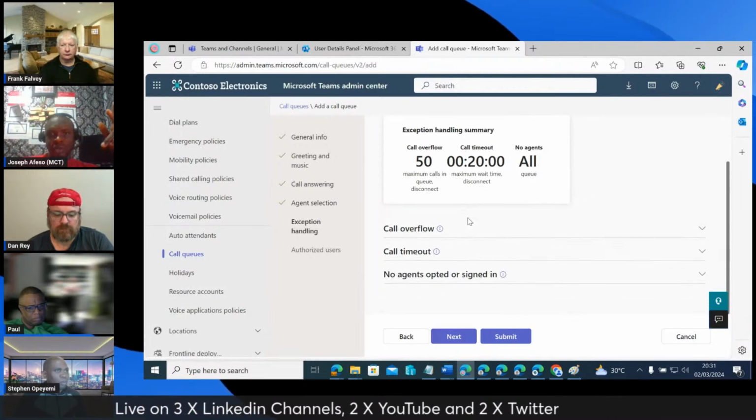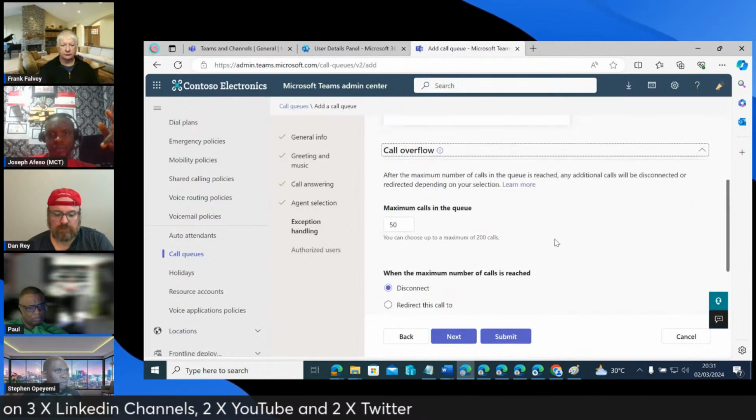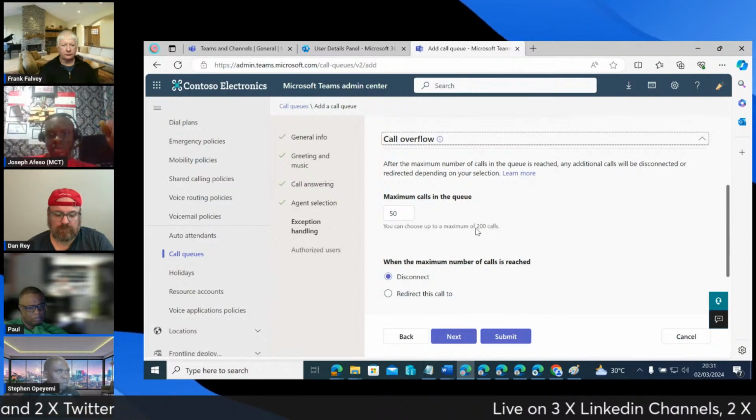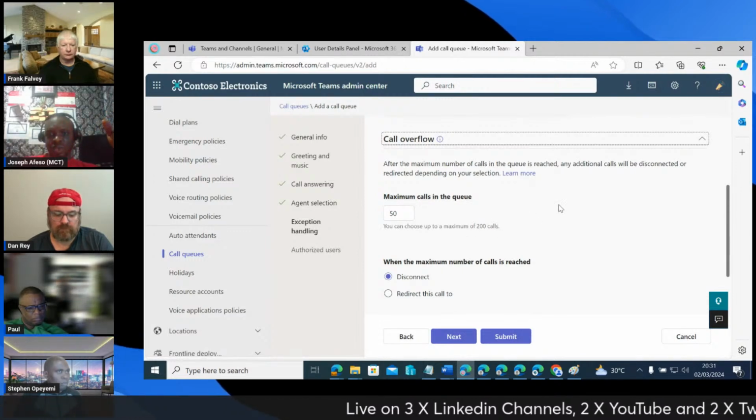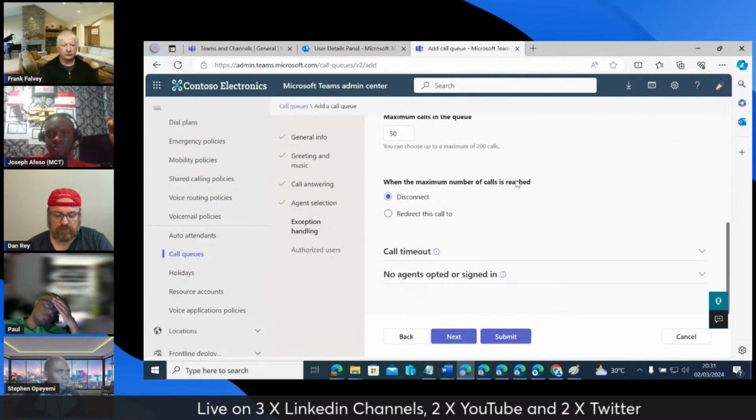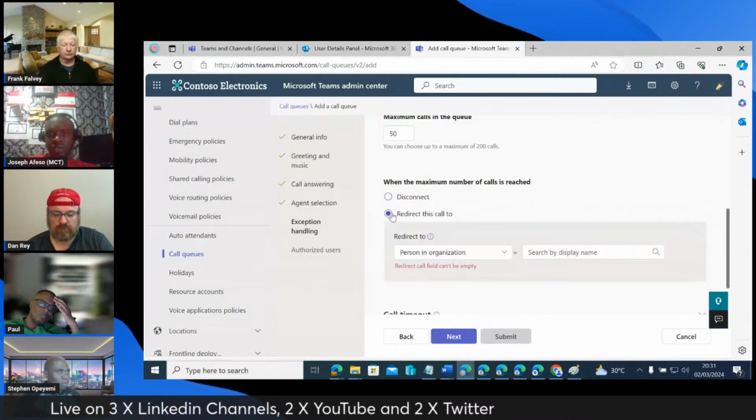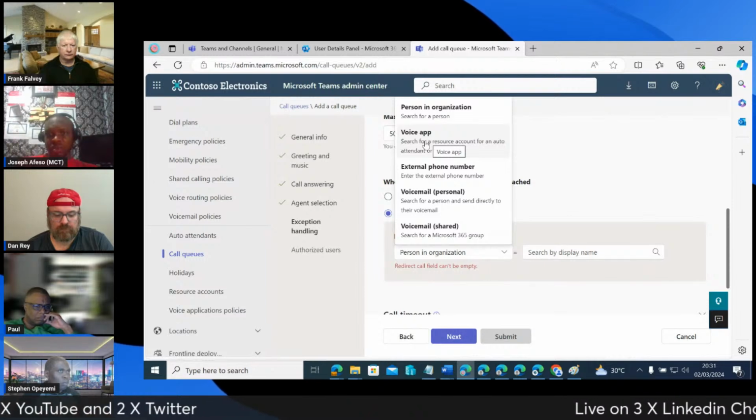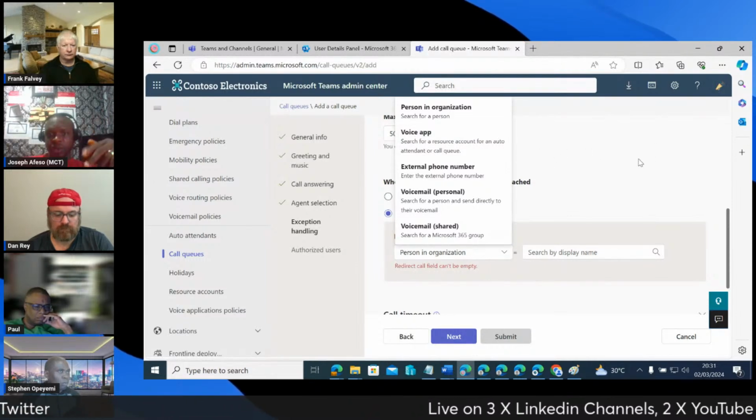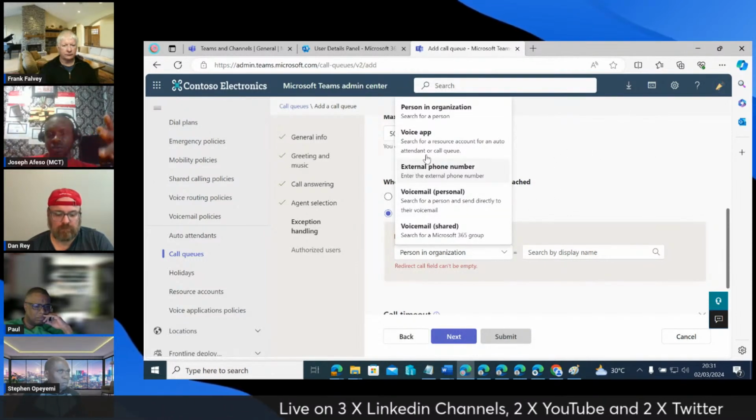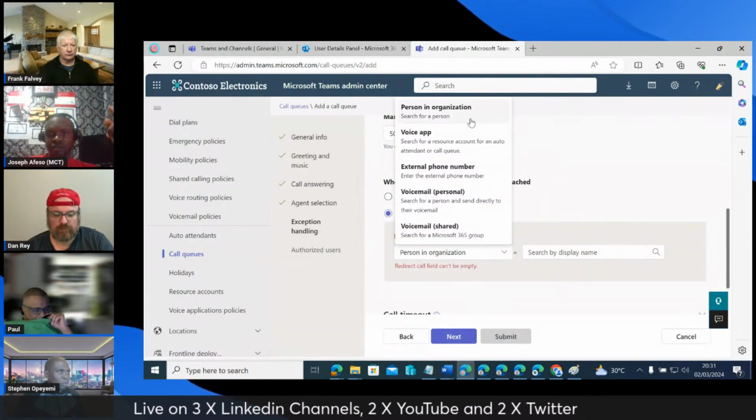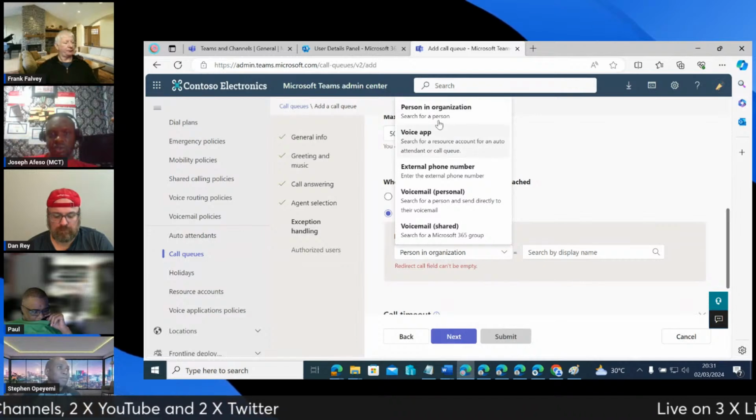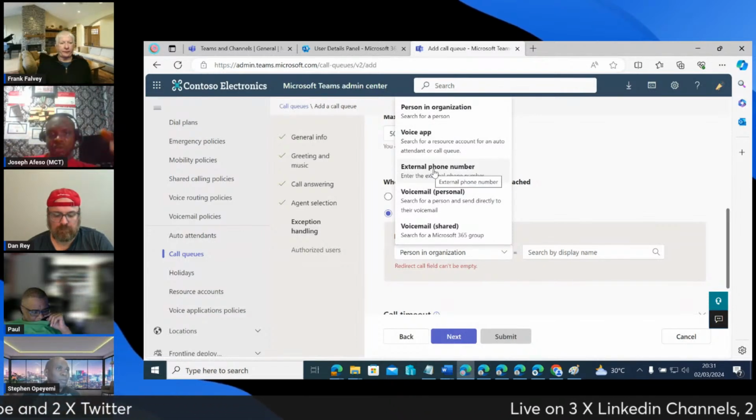This is just telling us about the call flow, right? So maximum calls in the queue is 50. You can choose a maximum of 200 calls in the queue. Then what happens when nobody picks the call? Should it disconnect, or do you want to redirect those calls to somebody in the organization or another call queue? Then you can pick voice app and it just reroutes. You can say, okay, let it go to somebody in the organization. If nobody picks, then it should go to maybe the manager of the team, or somebody standing by to get a call. So this is where you say that. You can also say should route the call to an